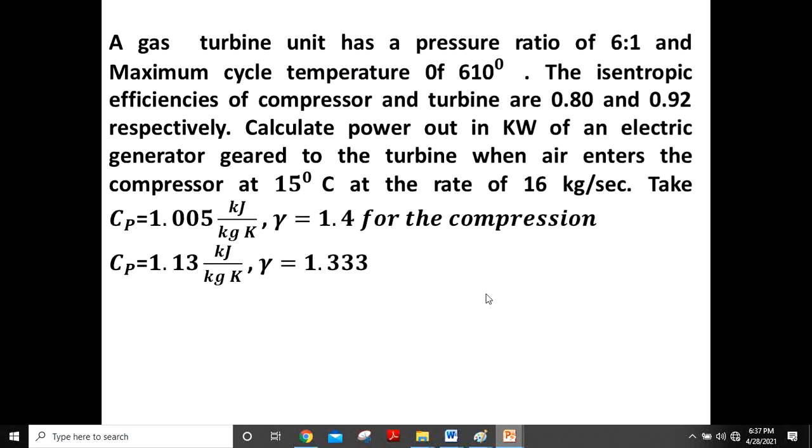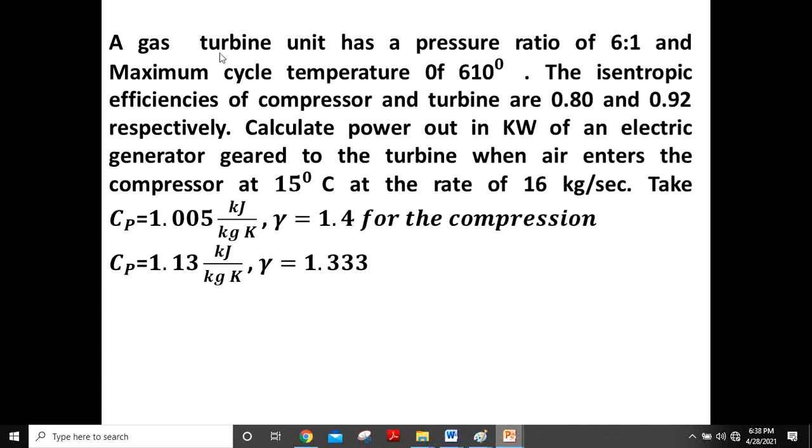The problem is given like this. This is a problem taken from the N. Krishnamurthy book. That is the second problem used for applied thermodynamics, module 2. Here you can refer to that book. That is a very good book by N. Krishnamurthy.